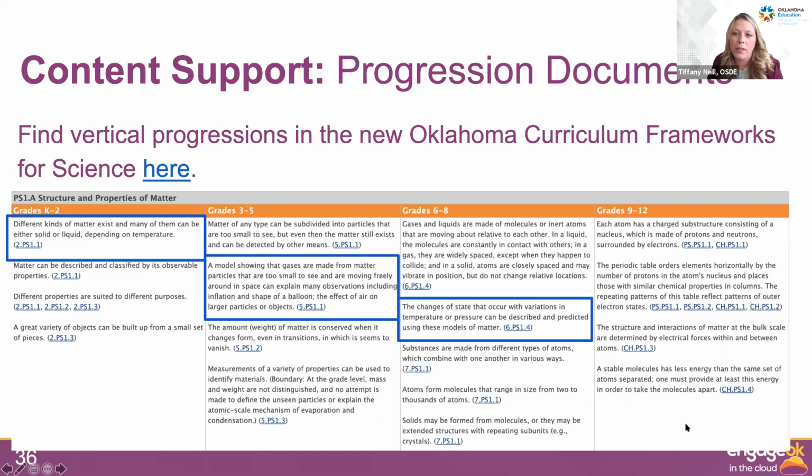So if I'm thinking about the ways in which my students are coming into my class with that formative assessment of the fogged mirror and what their understandings are, for example, the student who felt that the water stuck to the mirror, I could probably say that they don't yet have an understanding of this concept in grade 3 through 5. I know that's an area that I'm going to have to figure out through differentiation how I support a group of students in gaining that concept